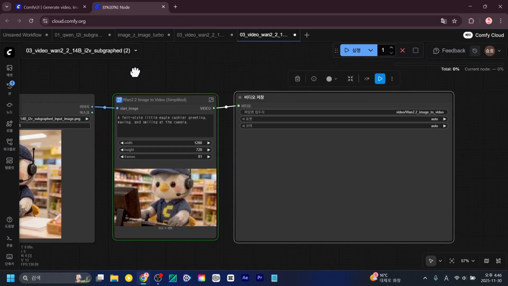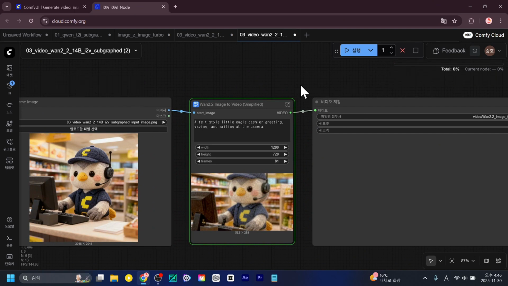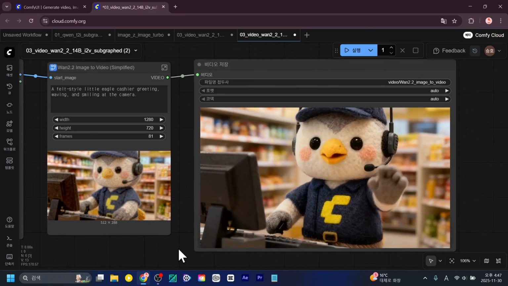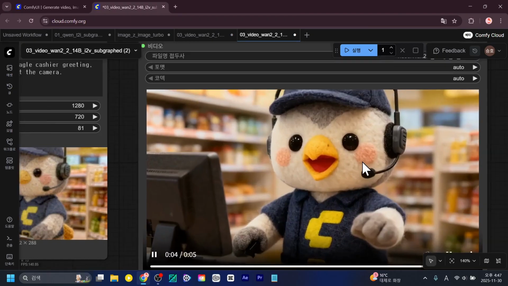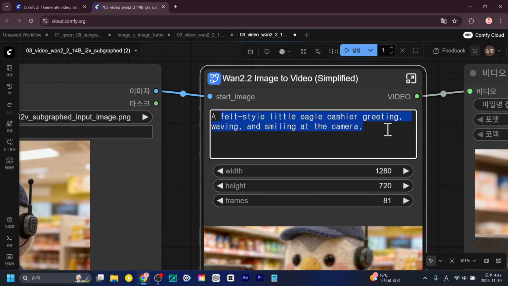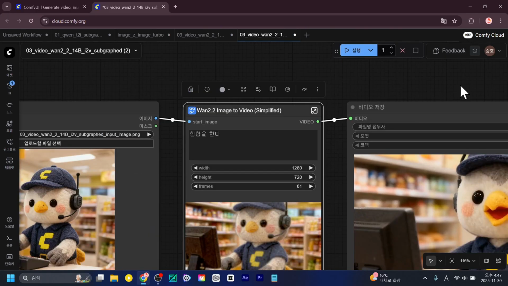Let's check how the video turns out. It looks like it's being produced, and I really like how it's immediately displayed at the top. At this level, it's really neat, and I think it's great. It's really good. The video has been generated. As expected, it came out to be 5 seconds long. You can clearly see the greeting motion. The movement itself is really excellent. There's no sound, so I'll try editing the prompt. I'll test whether Korean prompts work. I'm going to press the run button.